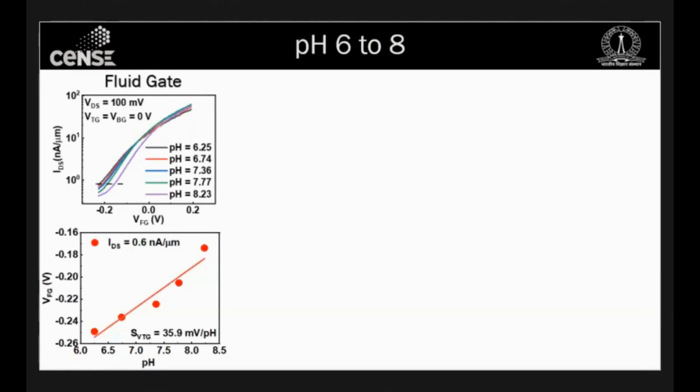And at this point, if we measure the voltage sensitivity by drawing a line like this, we get a very linear trend with a sensitivity that is 35.9, of course below the Nernstian limit. And the purpose is how the rest of our gate will help us to extend this sensitivity much beyond this